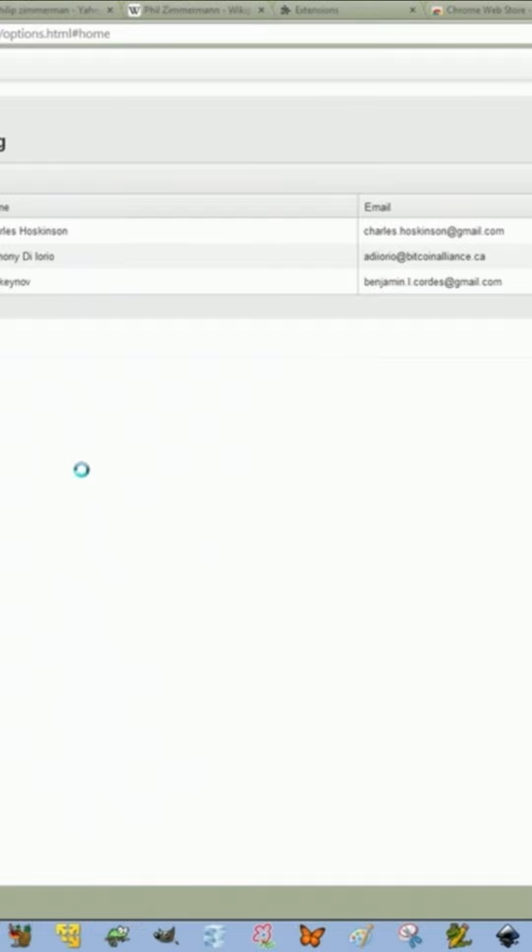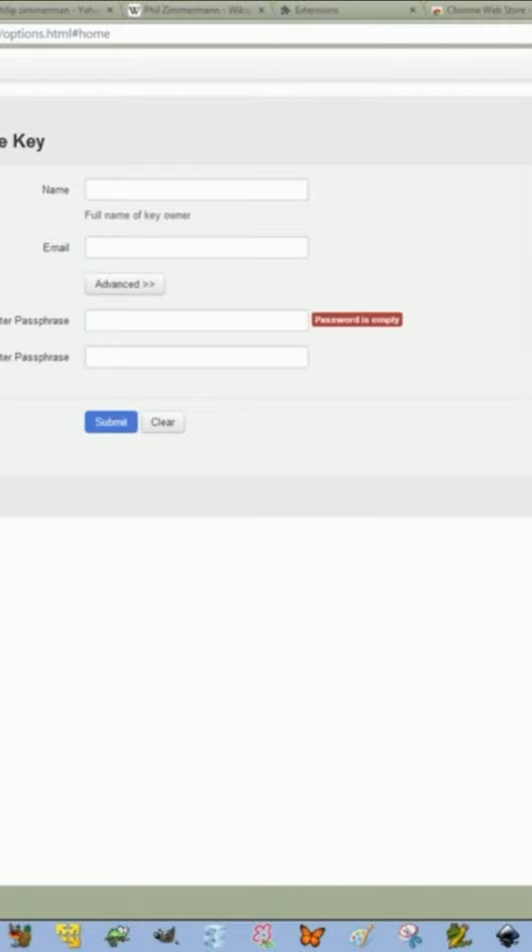Okay, so I'll assume that you guys are on Gmail, Yahoo, GMX, or Outlook.com, and we're going to go ahead and use Gmail to send an email. So you see I have a key right here, it's charles.hoskinson, that's my email address, and what we're going to go ahead and do is generate a new key for another email address I currently control. And I'm going to call this person Satoshi. And that particular email address is satoshiarchive